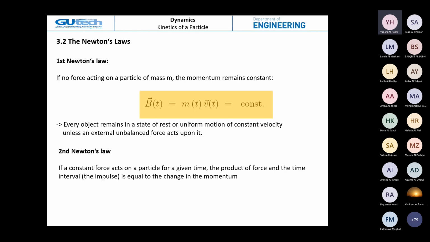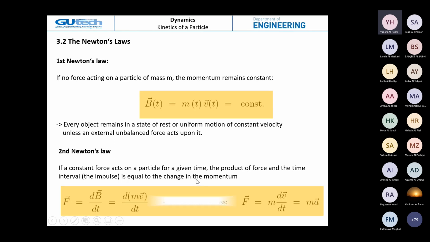There is the second Newton law. If a constant force acts on a particle for a given time t, the product of the force and the time interval, what we call the impulse, is equal to the change in the momentum. That means here, if we have the force F,